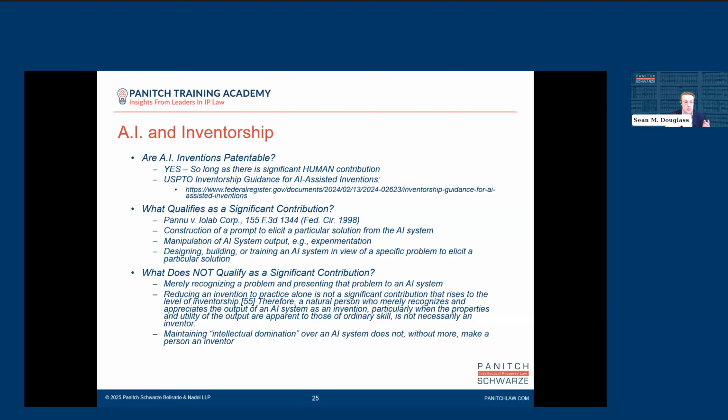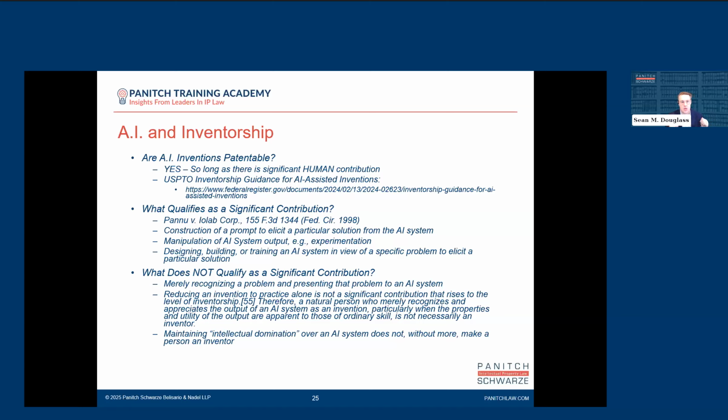If you do have to do an experimentation, to see if it actually works. Because again, one of the problems with AI that we'll get into in a little bit are hallucinations. Not everything the AI models tell you is true. So if there's experimentation at the end of it to that output, that might bring you across the threshold of